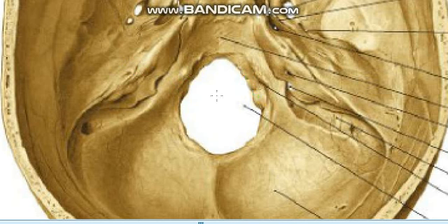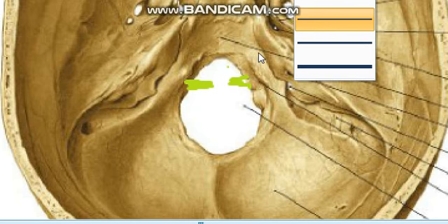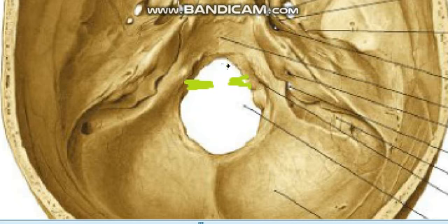Not only that, these occipital condyles give attachment to the alar ligaments like this. So you have alar ligaments coming to this condylar process of the occipital bone, and that means, since you have the alar ligaments over there, you must be able to draw the odontoid process of the axis. So you have the odontoid process of the axis and its attached alar ligaments.